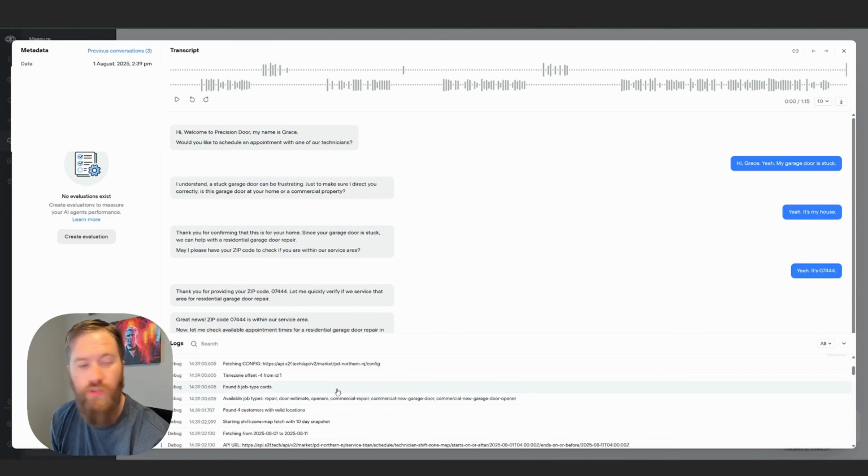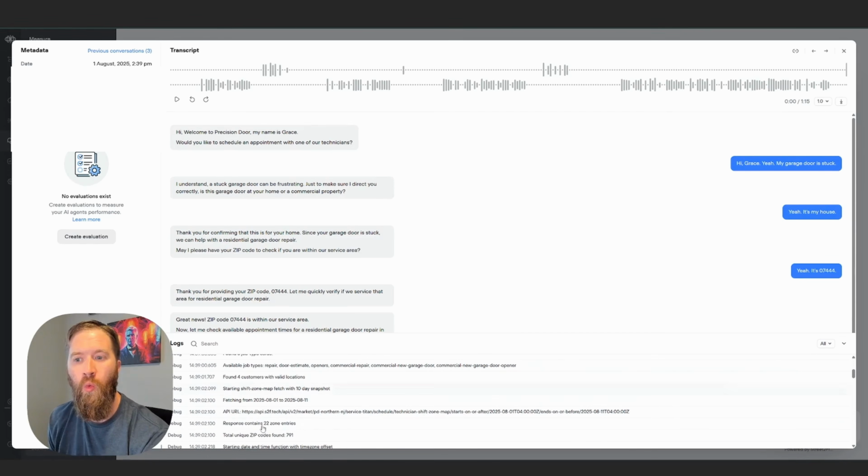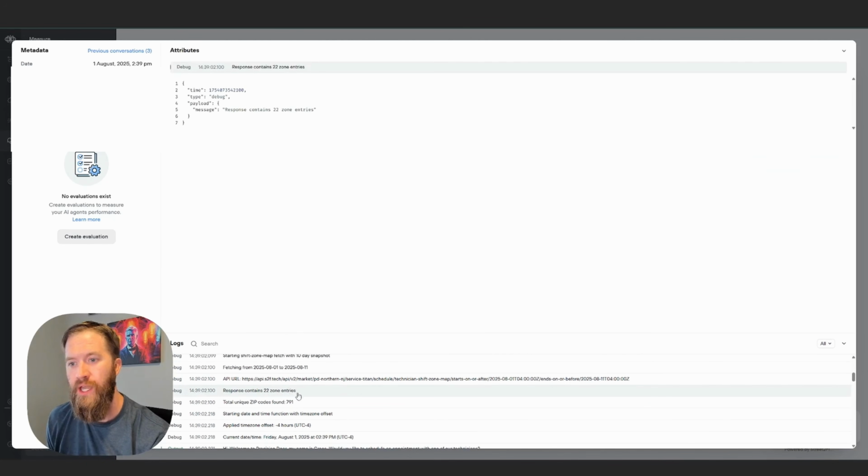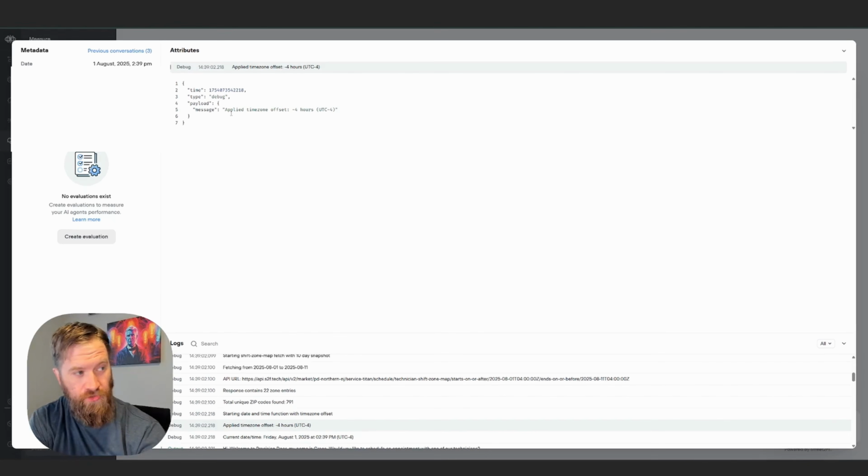But for those of you that have advanced agents that are doing a lot of API calls and functions and integrating in tools, and your agent nodes are calling tools, and you wonder what's going on in the individual conversations, you can actually click this from the transcript view and get an idea. And if you click these items, it'll replace the transcript with, hey, boom, this is a time zone offset. So I have a function call setting time zones, because obviously if you're talking about different parts of the country, it's important that you're getting the timing right on this, stuff like that.